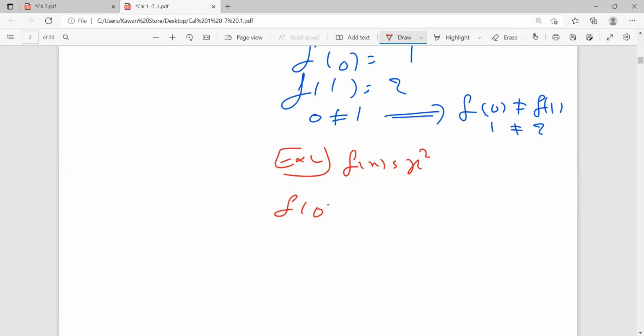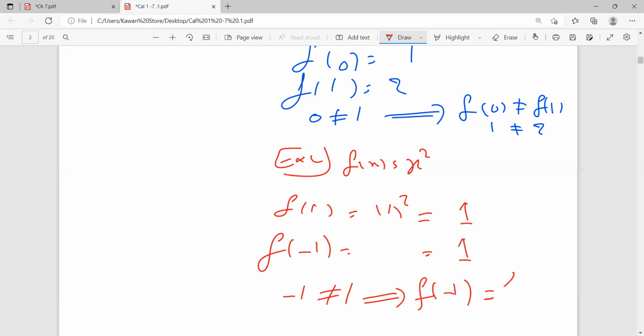For example, f of 1 is equal to what? 1 squared, am I right? Is equal to 1. How about f of minus 1? It is 1. Minus 1 is not equal to 1, but f of minus 1 equals f of 1. Say 2 and minus 2, for example. You will get 4 and 4. Both minus 2 and 2 are not equal, but f of minus 2 is equal to f of 2,